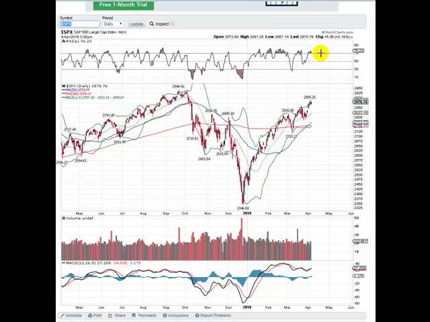The market's been overbought for a good while on this bounce back up. I still believe at this point this is what's called a bull trap or a bear market bounce, which is a bounce within a larger move down. We've already had a lower low. Now we're looking to see if we get a lower high.